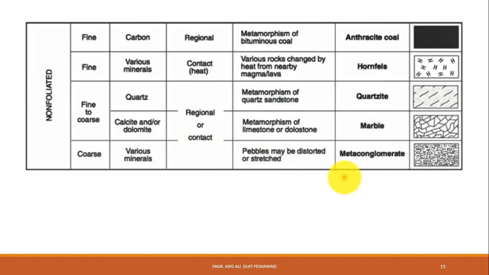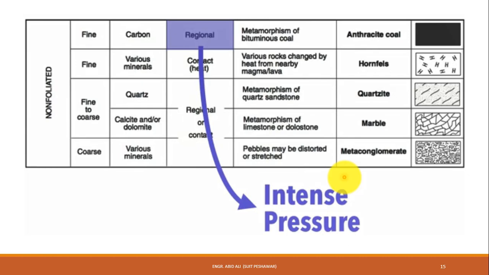When the rock comes in contact with really intense heat from lava or magma nearby, then of course some could be a combination of heat and pressure, or pressure. Let's take a closer look at the first one, coal. Now if you recall,